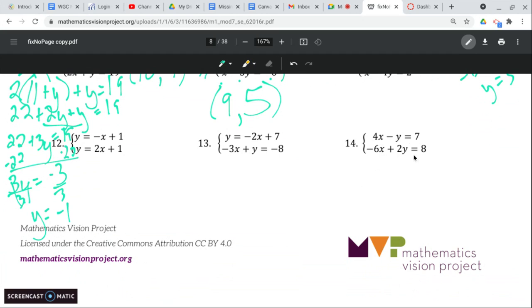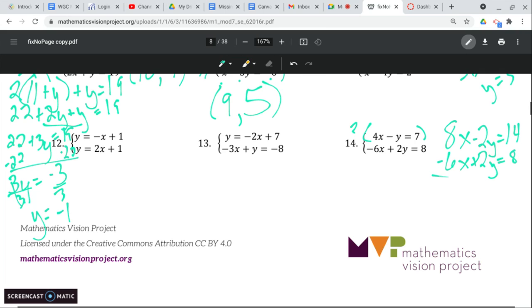All right, and the last one I'm going to do, 14. Once again, this is one where we have to multiply to make it so our coefficients are the same on a variable. Once again, I'm going to cancel out my y's, so I'm going to multiply the whole top equation by 2. So we'll have 8x minus 2y equals 14, and negative 6x plus 2y equals 8. Once again, the signs on my 2y are opposites, so we add these. So 8 plus negative 6 is a positive 2x. Those cancel, equals 14 plus 8 is going to give us